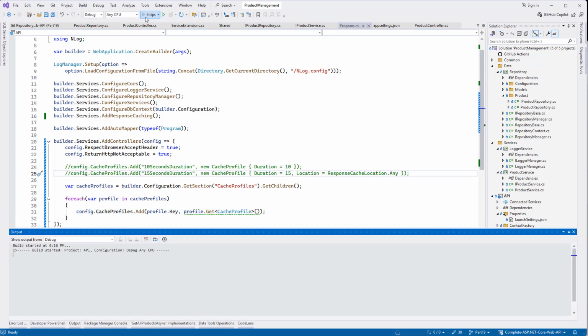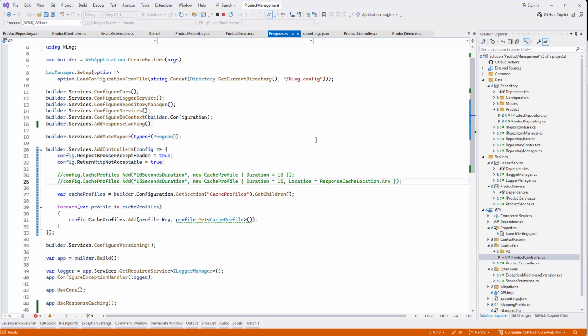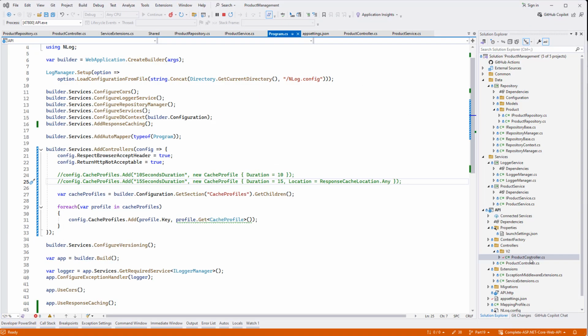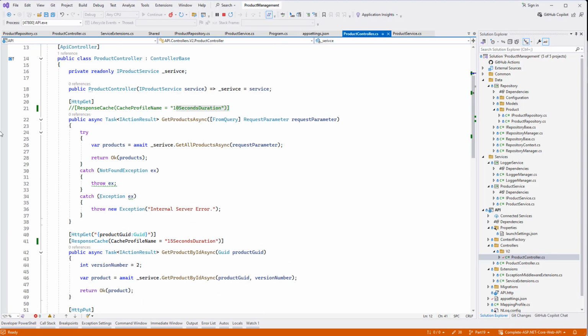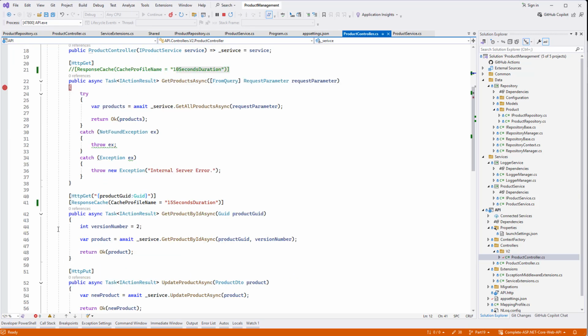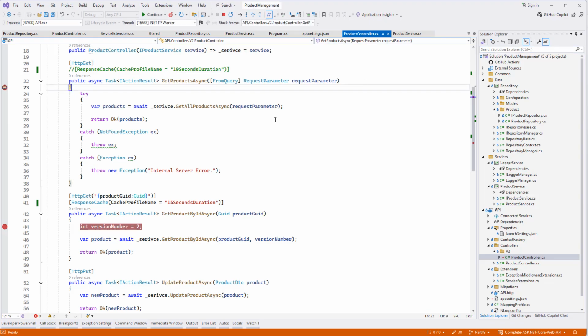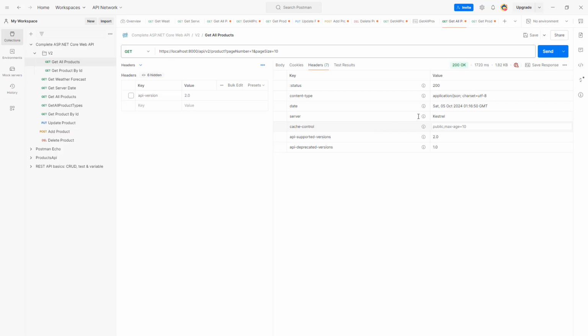Similar. So let's run that again. Also set the breakpoint. So get all, right? Come back here, send again,